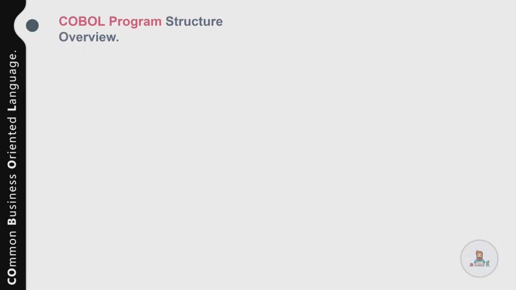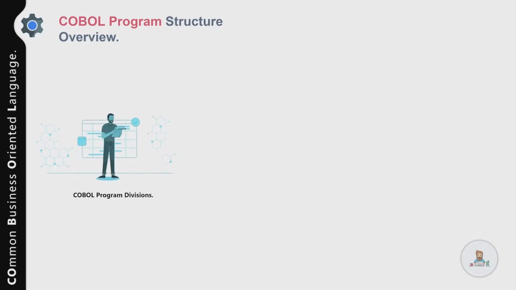Now let's talk about the overall structure of a COBOL program. As you know, COBOL is a structured programming language and it is widely used for business-oriented applications. In fact, COBOL is far more clearly structured than any other programming language. A COBOL program is divided into four logical divisions, and each division is further divided into different sections, paragraphs, sentences,